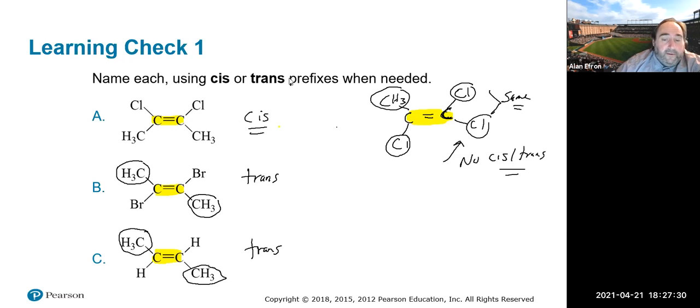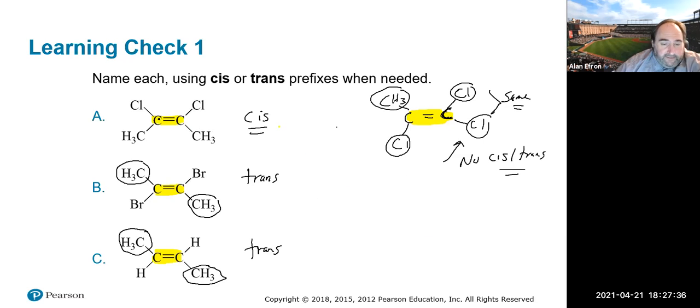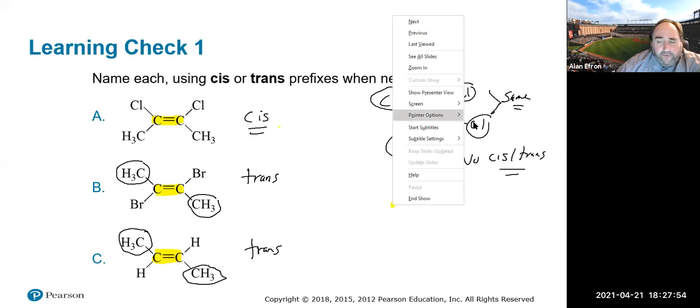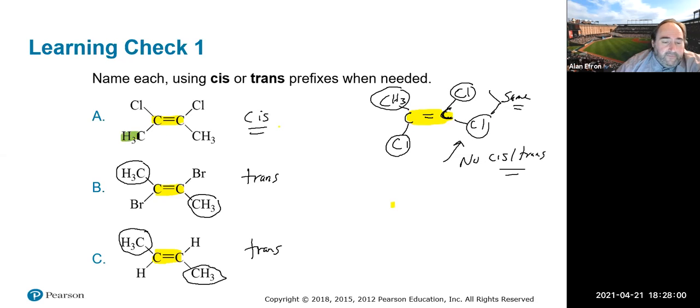And they'll go, oh, when I'm going to name it, longest carbon chain here is going to be 2, because obviously that double bond is important here. And that really is not the longest continuous carbon chain. So you got to remember that even though it's drawn like this, if we were going to name this, we still want to apply our same sort of naming rules, which means we want to find the longest continuous carbon chain, which if we look at this one, that's 1 carbon, 2 carbons, 3 carbons, and down actually makes 4